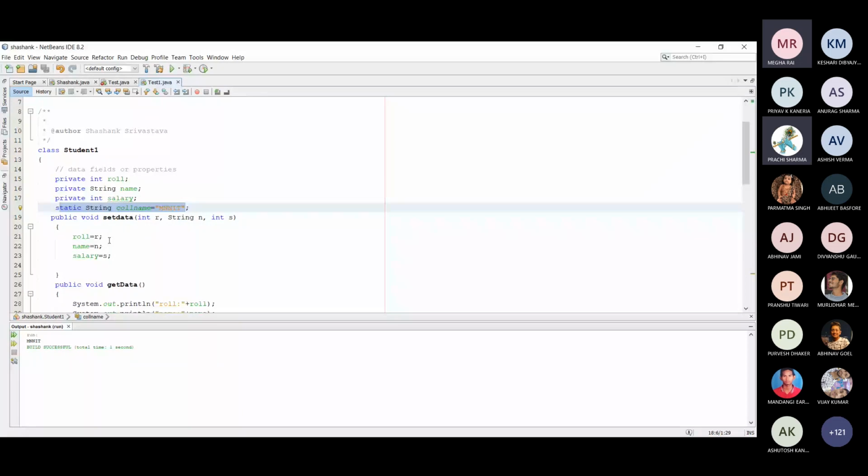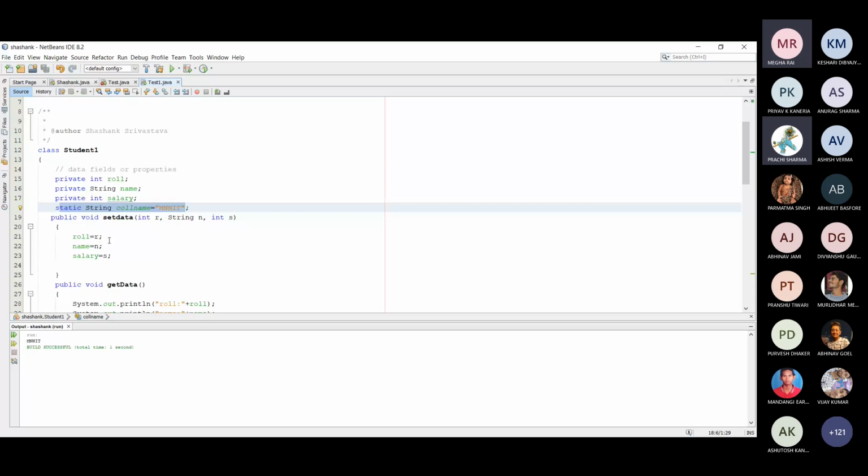Now the question is, where can you write the static keyword? Basically, the static keyword is written before variables, and you can also write the static keyword before methods.